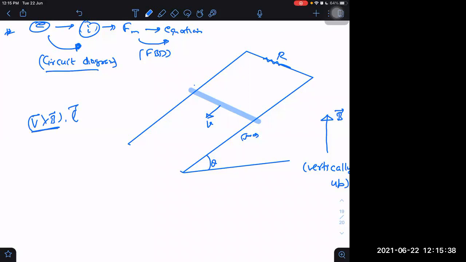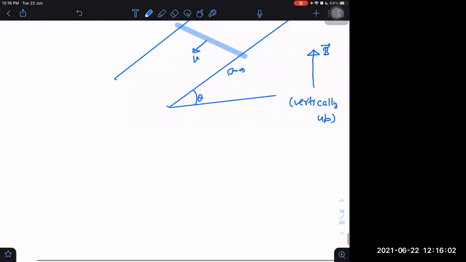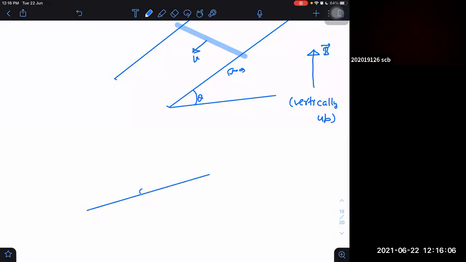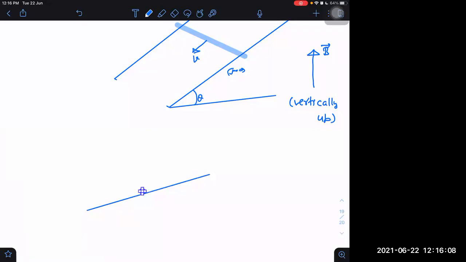Let us say I have found these two already. After finding these two, whichever side the vector V cross B is pointing, that should be effectively lying along L, or L should have at least one component along that. If L has one component along V cross B, then there will be some value of V cross B dot L. Okay. Now, tell me, what is the result in this? I am telling you to make a side diagram as if we are looking from the side. Then it will be easy to understand.